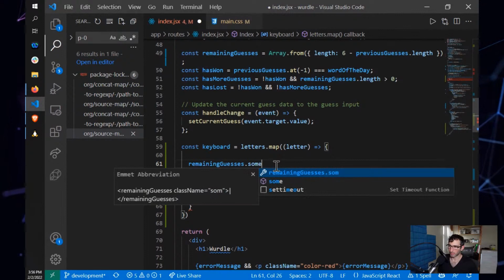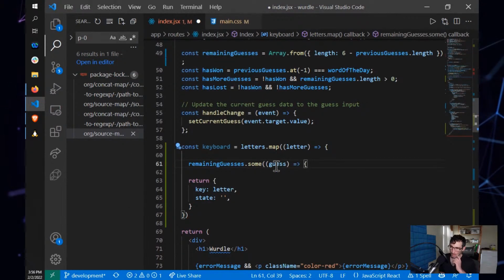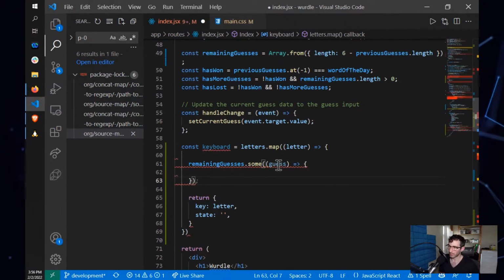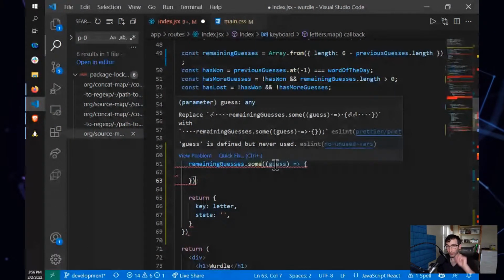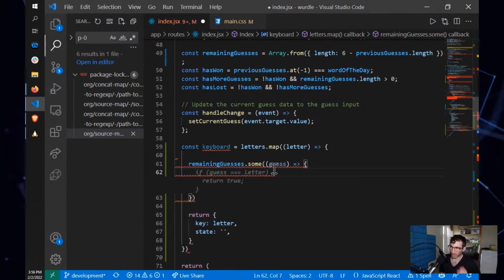I think I'm going to use sum. And the way that sum works is it basically says, hey, do any of these, and it will exit at the first instance, do any of these guesses, or this call function, does any of this function return true? So I'm going to return